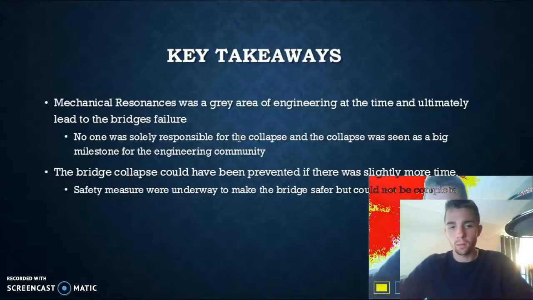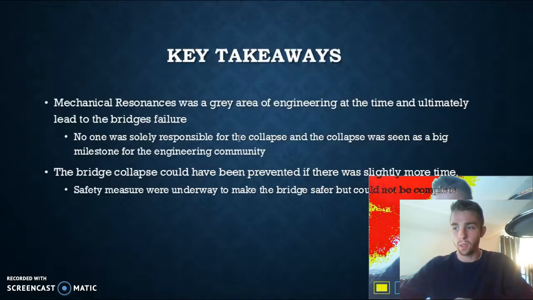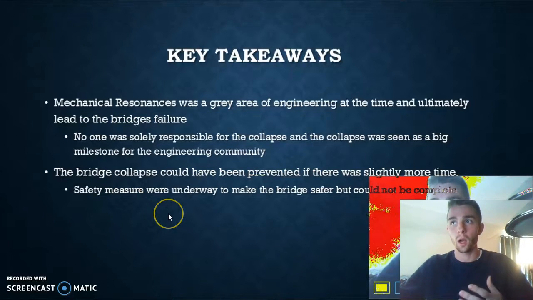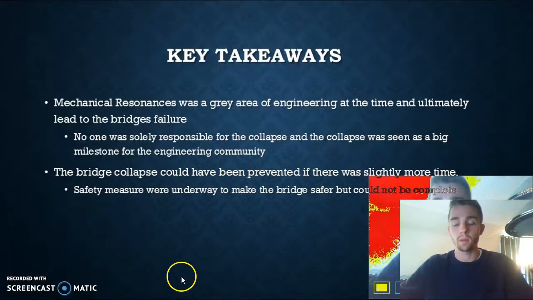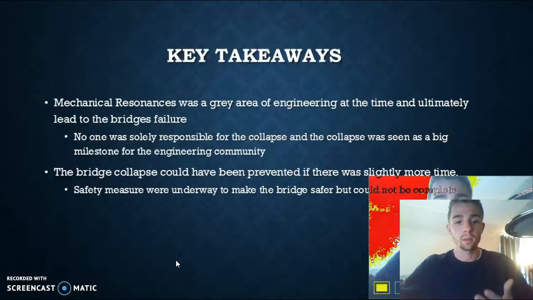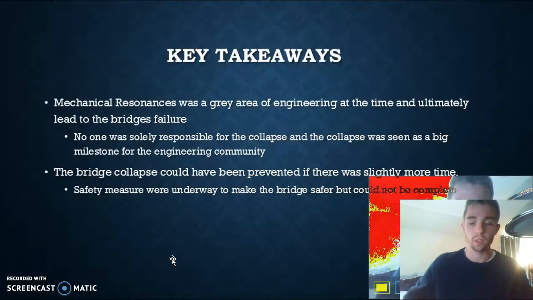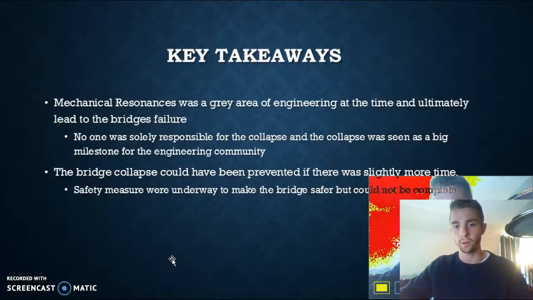And then secondly, another good takeaway is that the bridge collapse could have been prevented. The studies that they were conducting found that if they had wind deflectors that made the wind pass over or under it, it would not get the bridge to enter its natural frequency and cause it to fluctuate so much. So if they had a little bit more time, those safety measures could have been installed and prevented the collapse. But the wind reached a high point, and they weren't able to install those right away.